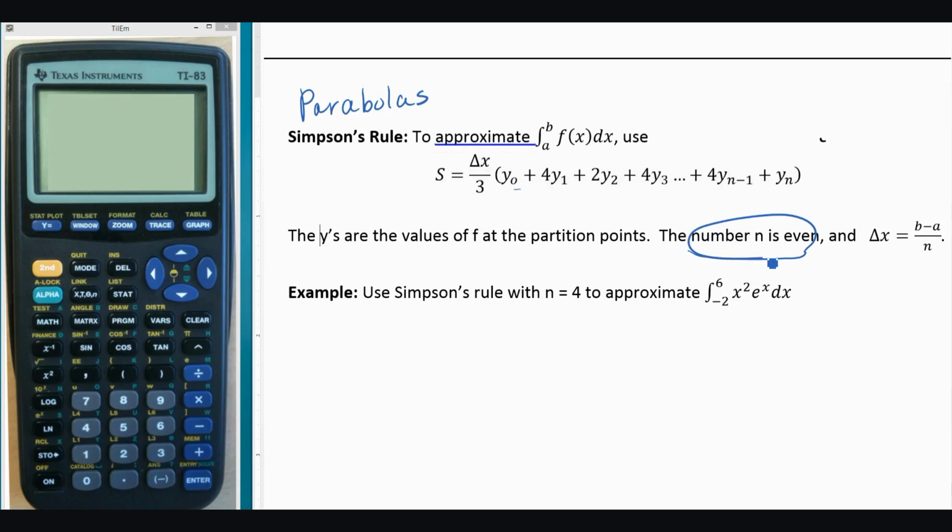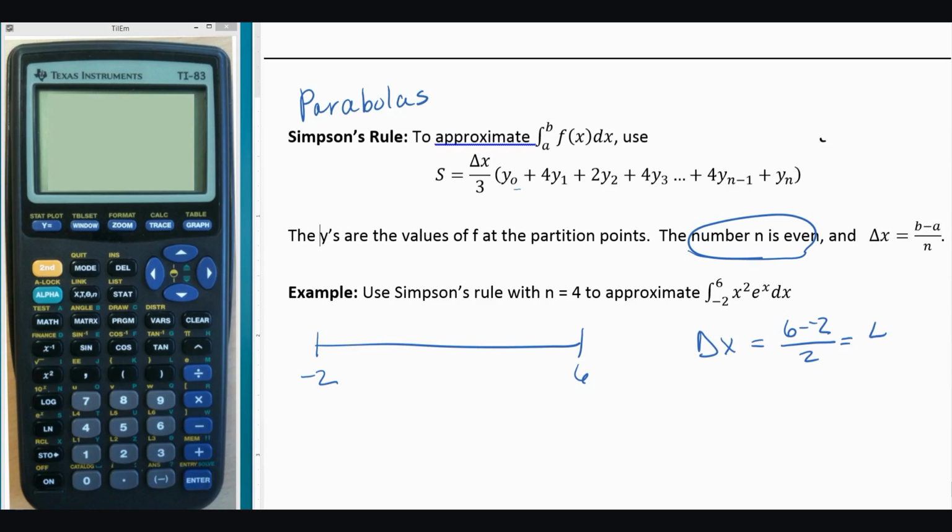So we want to use Simpson's rule with n equals 4 to approximate the integral from -2 to 6 of x squared e to the x. So here, I like making out what the bases would look like. So we're going from -2 to 6. Our delta x would be 6 minus -2 over